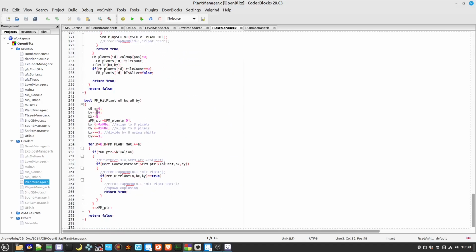If I carry on with the collision routine here, we use a mask number over the top of the X position. By masking the number with 248, we're making sure that any of the last 3 bits are removed. So what this will actually do, if I show you here,